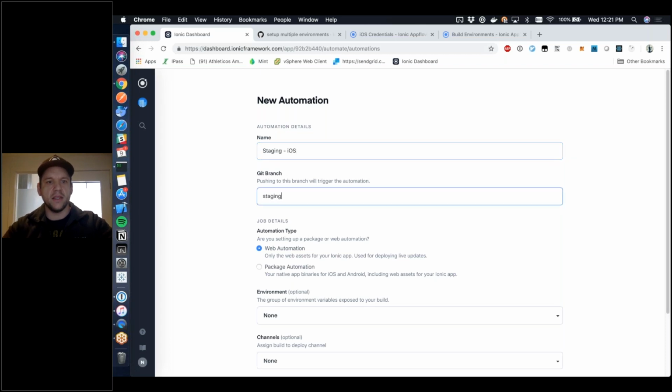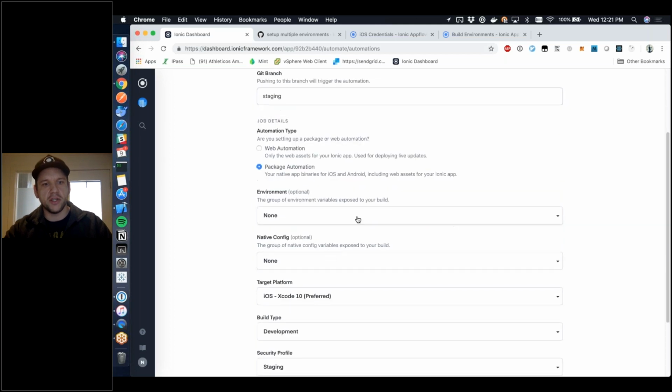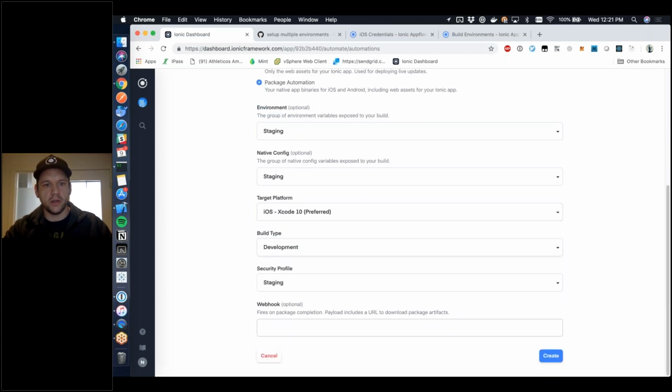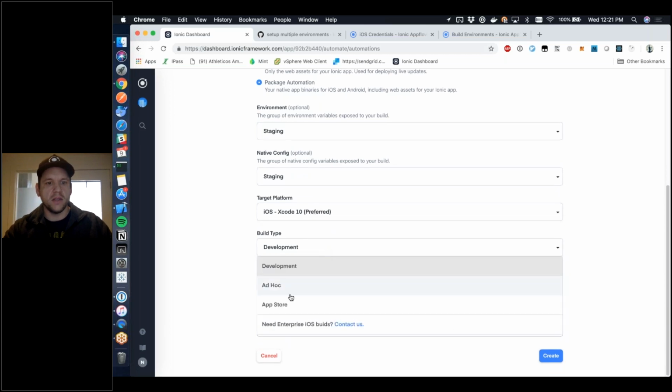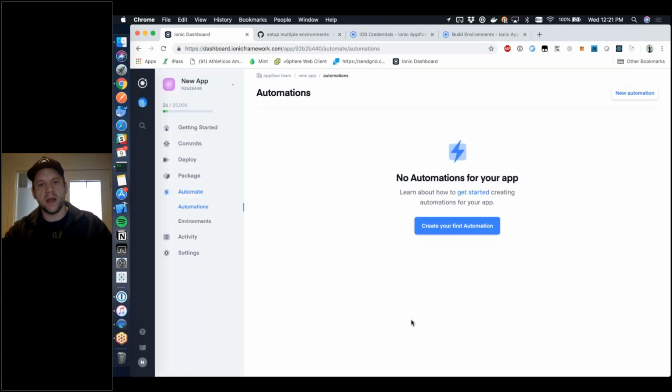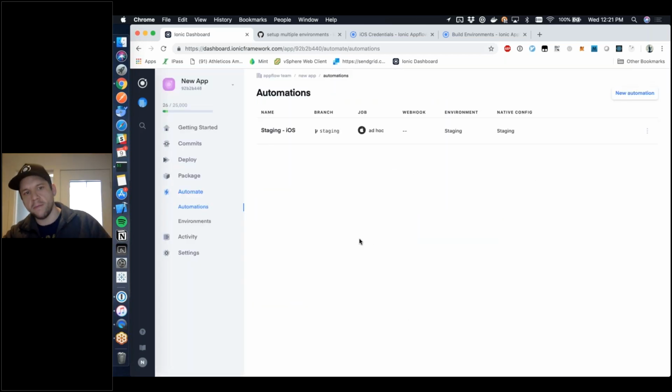I'm going to set it to listen to their staging branch. And I'm going to pick the package automation, pick my staging environment, my staging native configuration. I'm going to use Xcode 10. This was an ad hoc build. That's the certificate I made. And I'm going to use my staging security profile. And if I go ahead and create that automation, it'll pop up in here. And now anytime I push to this staging branch, this is going to go ahead and trigger a new package